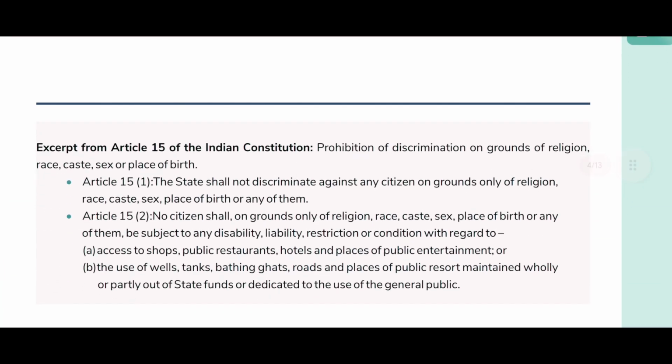Excerpt from Article 15 of the Indian Constitution, prohibition of discrimination on grounds of religion, race, caste, sex, or place of birth. Article 15(1), the state shall not discriminate against any citizen on grounds only of religion, race, caste, sex, place of birth, or any of them. Article 15(2), no citizen shall, on grounds only of religion, race, caste, sex, place of birth, or any of them,